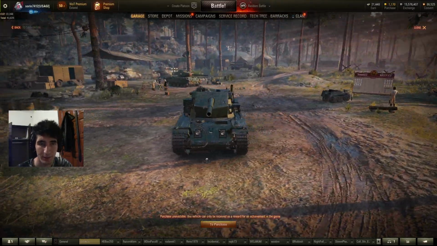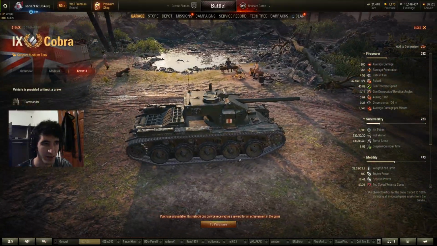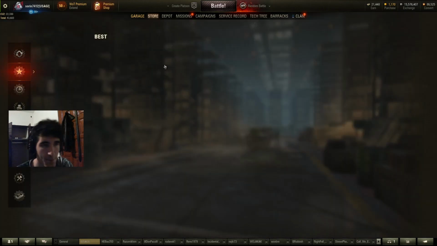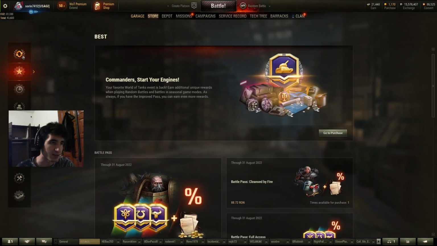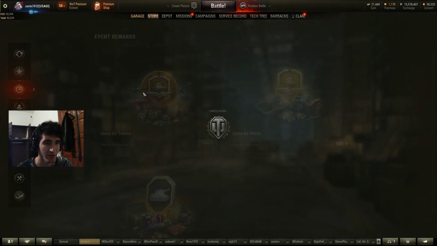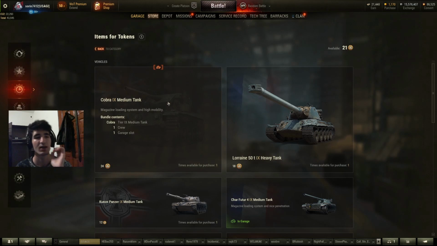And yeah, talking about this vehicle, it's kind of large, looks really large. And now, the moment of truth. Yeah, this tank. Where is it? This event reward items for tokens. Over here. Spending 24 battle points? Battle items for tokens. Spending 24 tokens, which is pretty much for a free to play. I believe it's